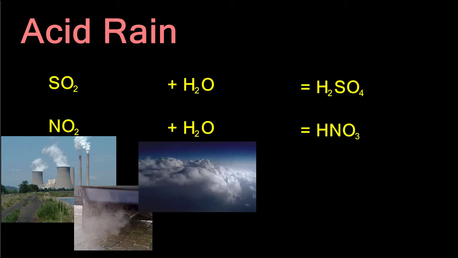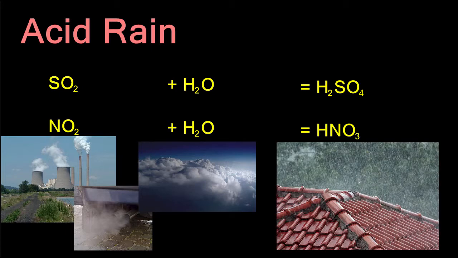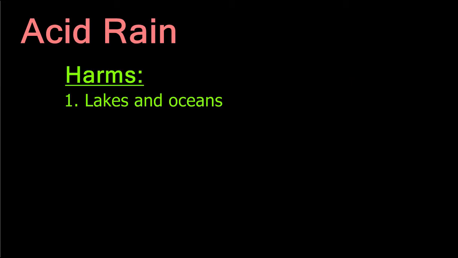Acid rain forms when sulfur dioxide and nitrogen dioxide from car and power plant emissions mix with water vapor in the atmosphere. The result is sulfuric acid and nitric acid, which lowers the pH of precipitation to levels as low as 2.4. Once formed, acid precipitation can cause harm to bodies of water like lakes and oceans, soils and the